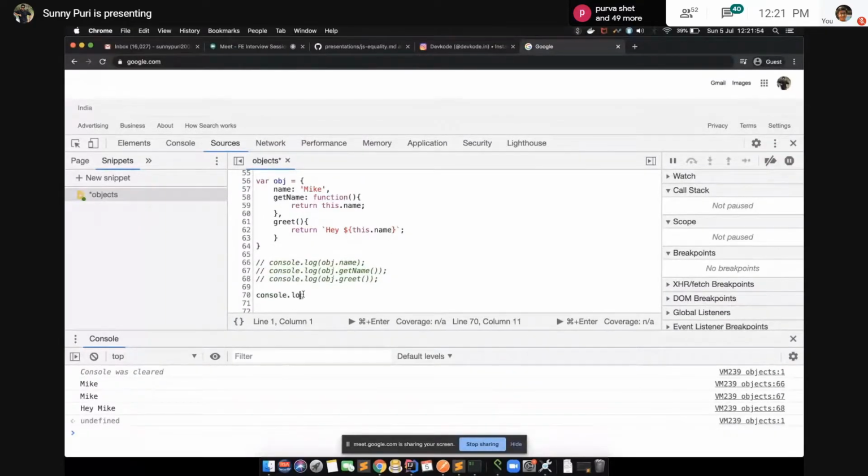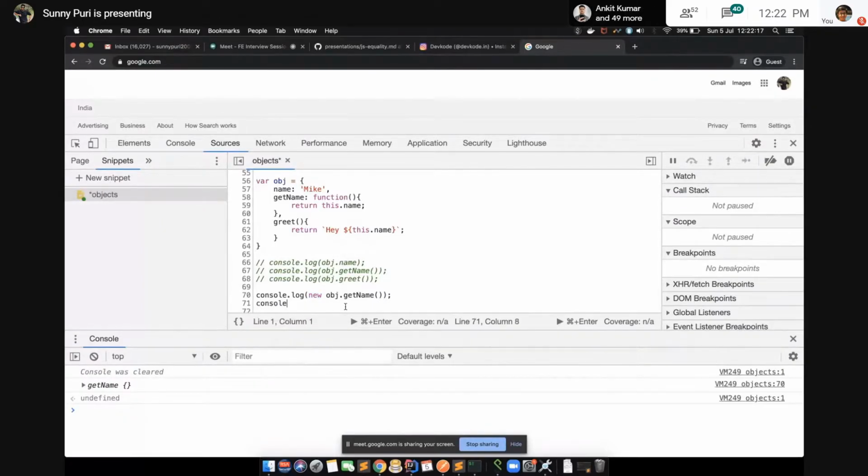So tell me one thing. Can we use the new operator with this? That is a function, right? If we use new, it will return the instance. If you have attended the previous sessions, you are aware of this. It will return the whole object, right?